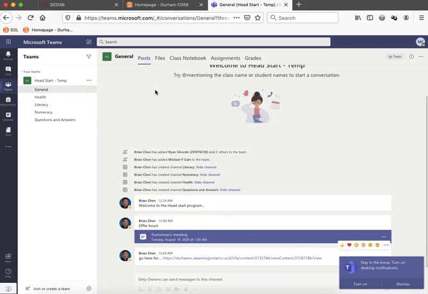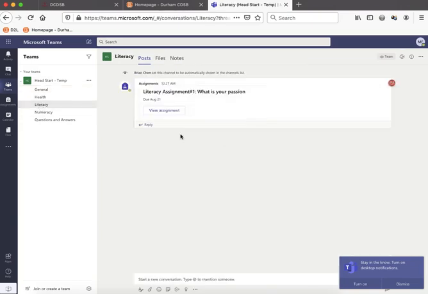Now, if you want to go to your literacy class, you can click on literacy, and your teachers will leave things for you here like files or assignments. Here's a posting of an assignment that's due, and it's due on August 21st. If I ever get lost, I can always just click on Teams back here, click on my classes or my Head Start, and then all of my channels should show up here once I click the Teams